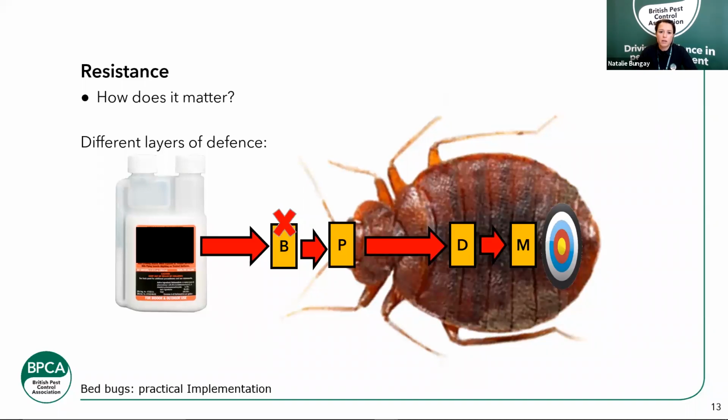It's through months down the line of headaches and possible customer problems and complaints. Then you thought to yourself, actually, are these resistant? Not that it's too late, but you've already spent weeks or months putting all your resources into dealing with this problem, or actually there's a resistance problem, and none of it was going to work anyway. So my advice with bed bugs is that right from the beginning, going right back to that first inspection